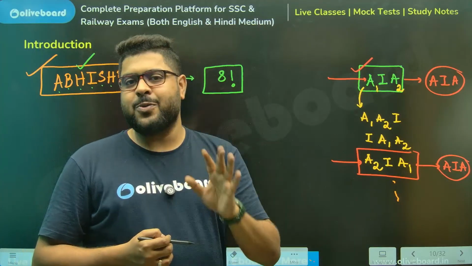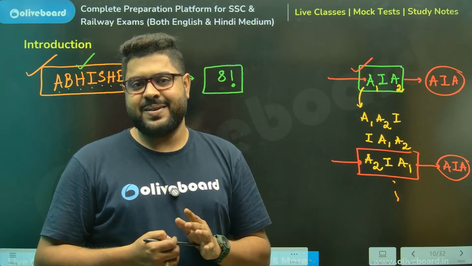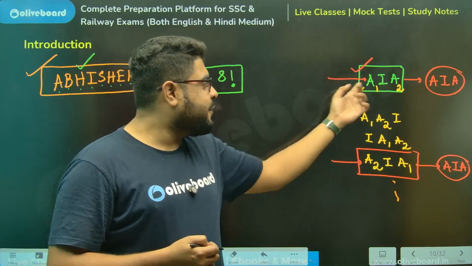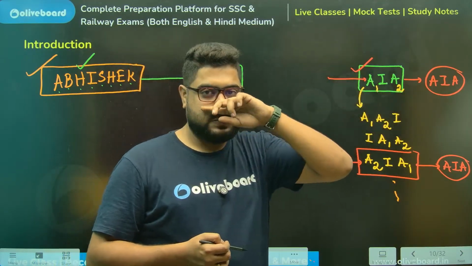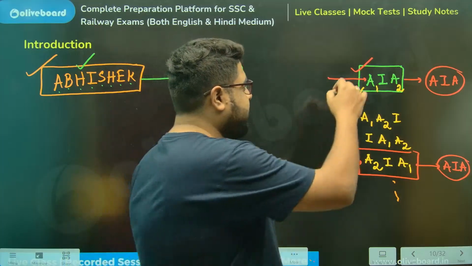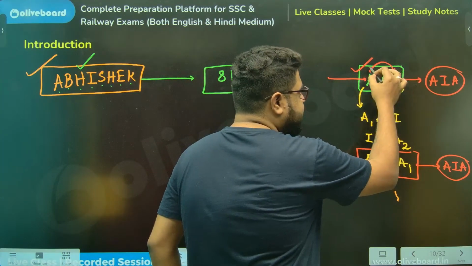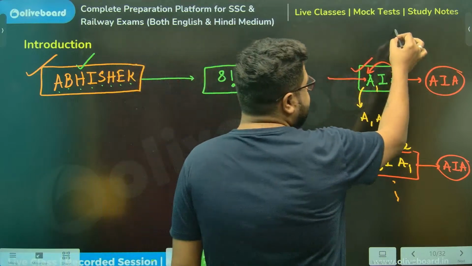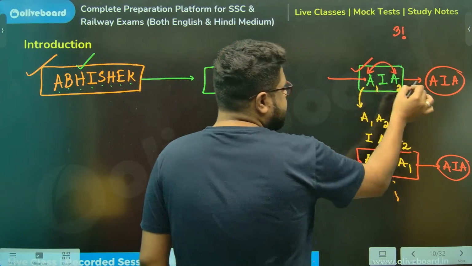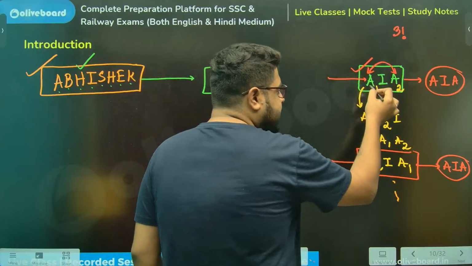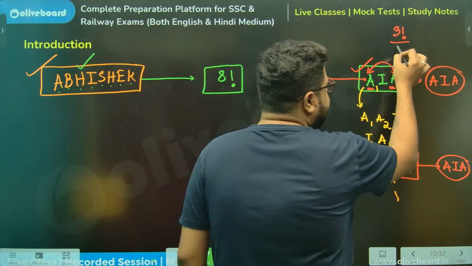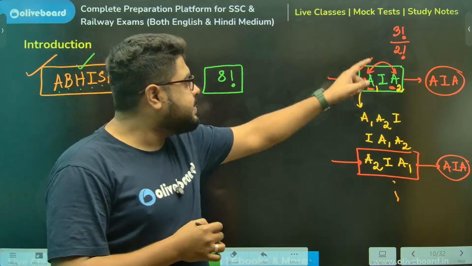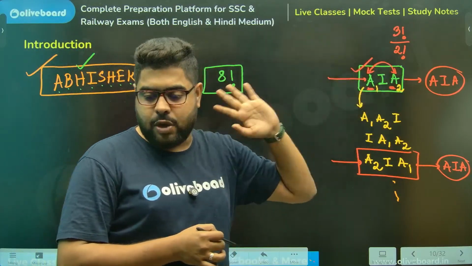My total count will reduce, sir. It will not remain 3 factorial here. Reduce by what? Whatever is the common thing, you divide by that much factorial. So here my answer would be 3 factorial if there were no common things. But here there are two things common, so I will divide it by 2 factorial because there are two A's common.